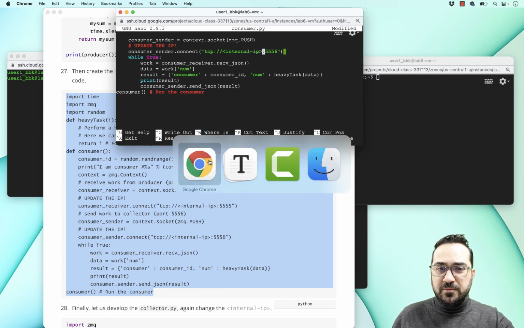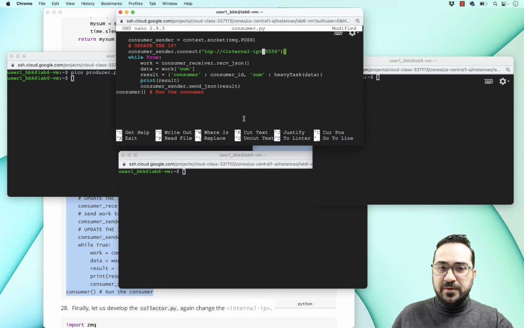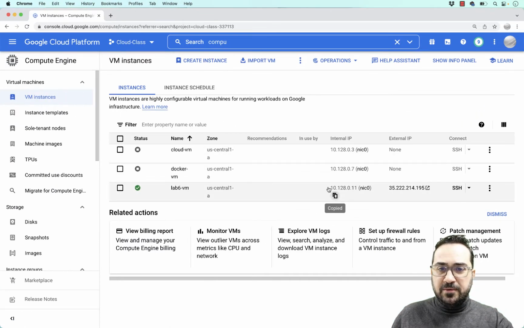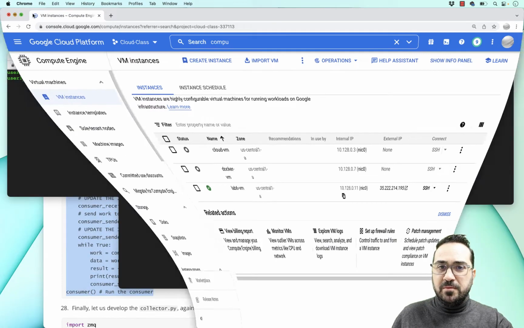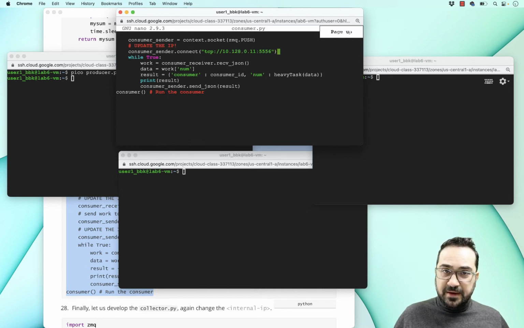I will go back to my Google Cloud, VM instances, copy the IP one more time, go back here and change this to my new internal IP. All right, again, Control-S, Control-X.